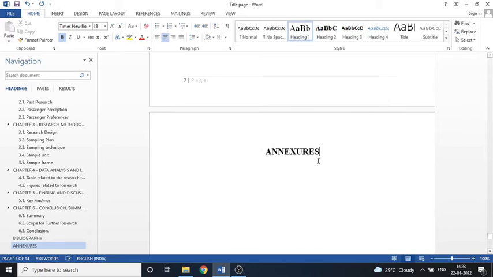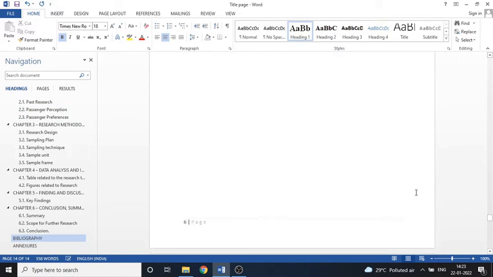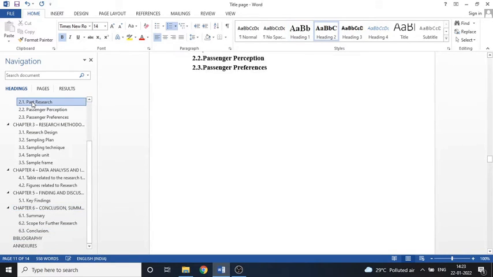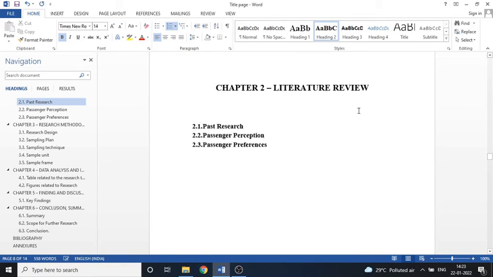Now you are working on this page, and all of a sudden you remember that you have to add something in 2.1 past research. Now instead of scrolling all the way, you can just click here in the navigation pane 2.1 so that you directly go to that point. This is the benefit of using this navigation bar. Yes, navigation toolbar. So in 2.1, if you want to add something here, what you can do,